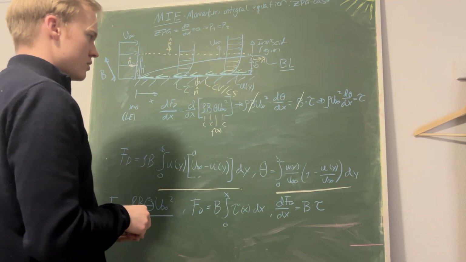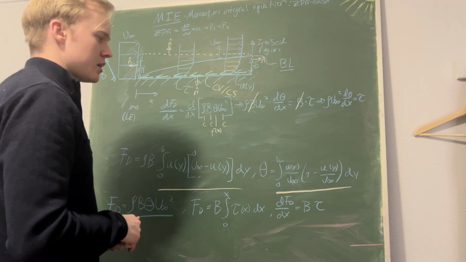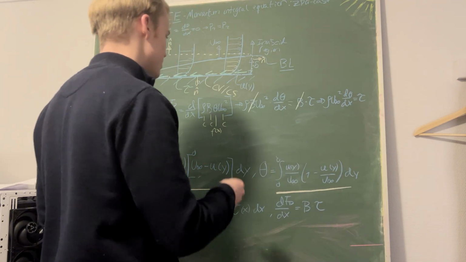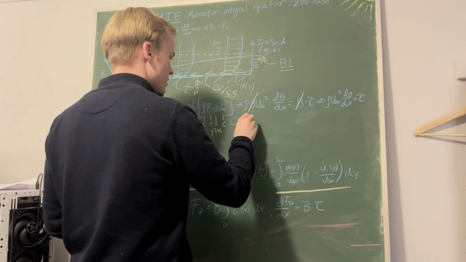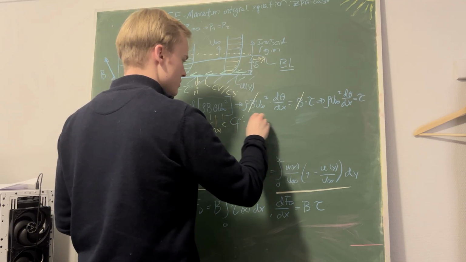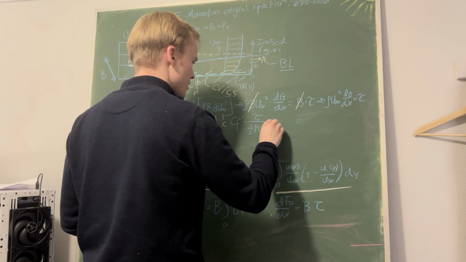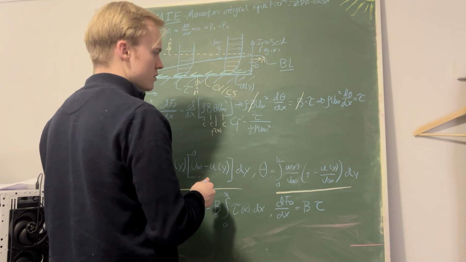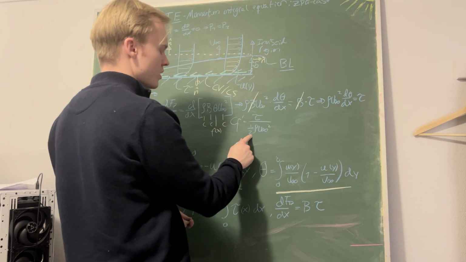And then we have something which is called the dimensionless skin friction coefficient, our CF. So CF is tau divided by 1/2 rho u infinity squared. So if we solve this for tau, and then we put this into here,